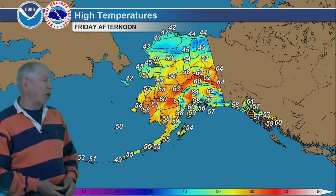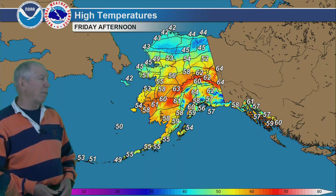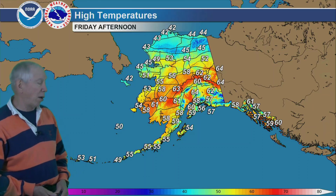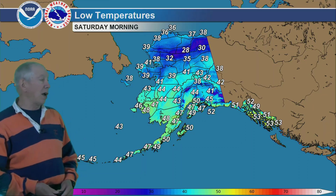And then for the North Slope, high temperatures generally in the 40s. And then as you go out the Alaska Peninsula, a little bit warmer with temperatures in the mid-50s with a couple of spots down to 49 degrees. Then for our low temperatures on Saturday morning, plenty of readings in the 30s for the North Slope, up into the 40s for the central part of the state. Might see even one reading in the 50s